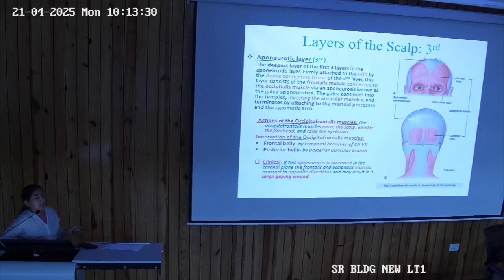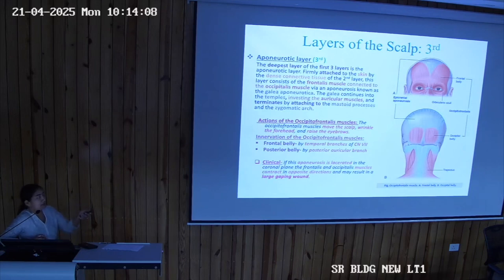Then what is the clinical importance of this third layer? What could be? If it is a sagittal section and coronal section. Can anybody explain me what is sagittal section and coronal? How is sagittal? It divides into right and left halves, and coronal divides into anterior and posterior. Yeah, just wanted to know this because I am talking about the coronal plane. If the aponeurosis is lacerated in the coronal plane, so that is anterior and posterior.